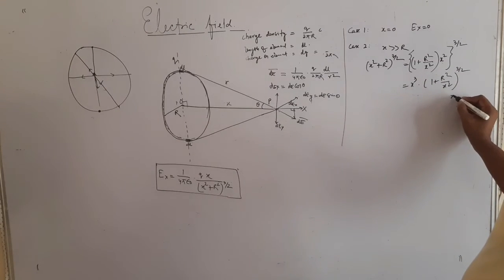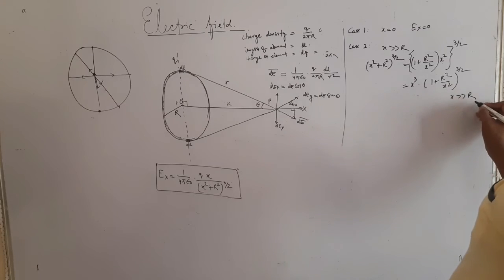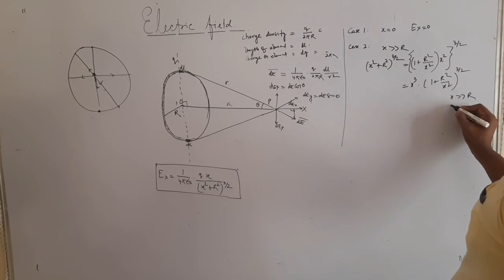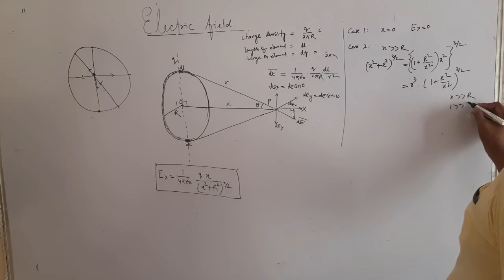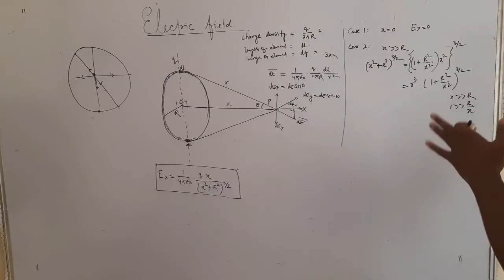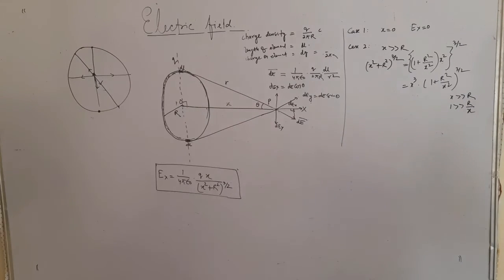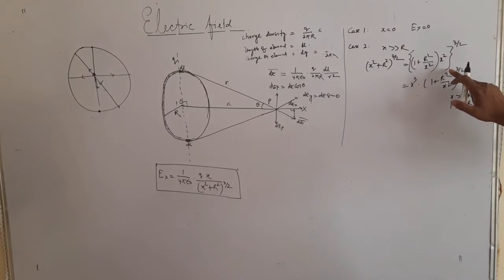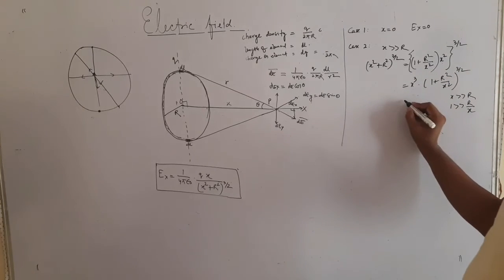So if x is much more than R, then R upon x will be very much lesser compared to 1. So it's even smaller than 1, between 0 and 1. So this whole thing will be so small that we can simply ignore it, and then we only